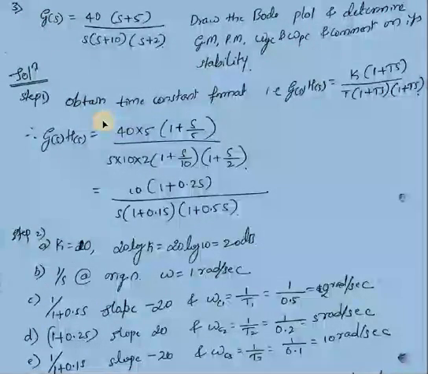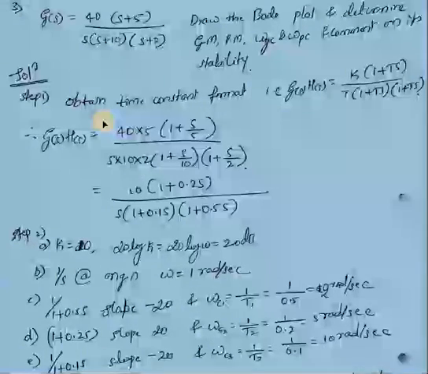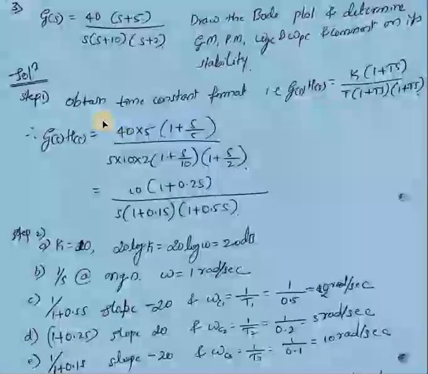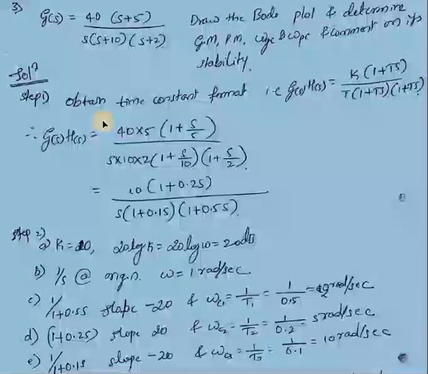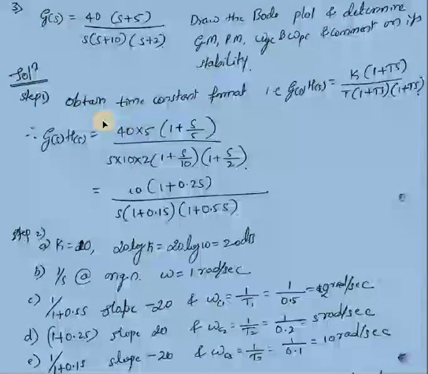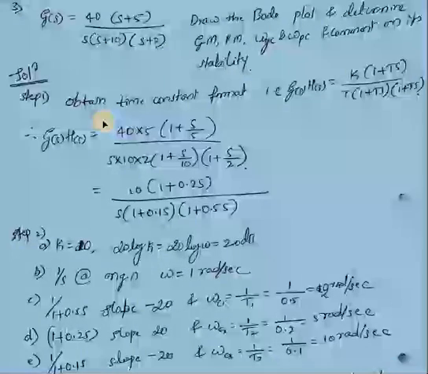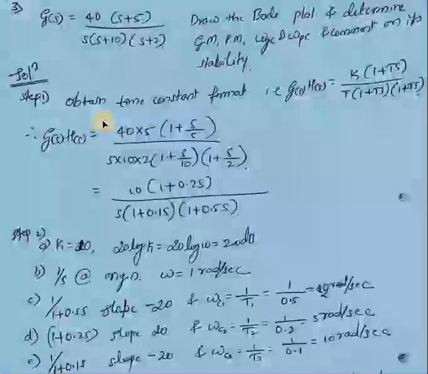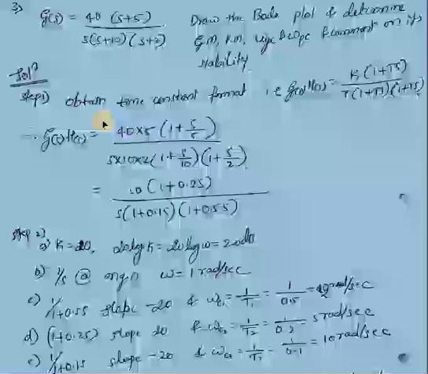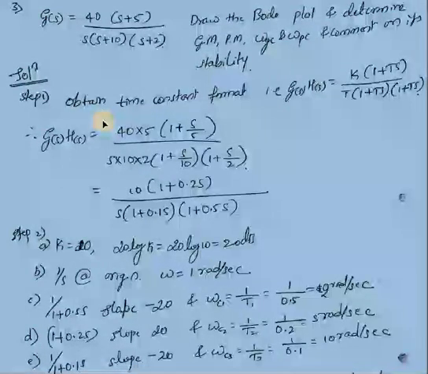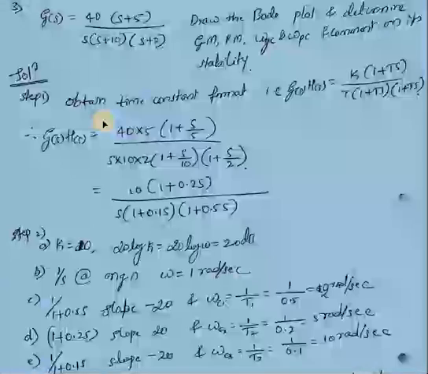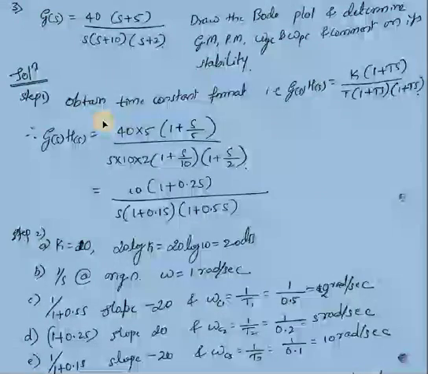So here is the statement: G(s) = 40(s + 5) / [s(s + 10)(s + 2)]. Draw the Bode plot and determine gain margin, phase margin, omega gc and omega pc, and comment on its stability. So first you need to obtain the given function in time constant format,